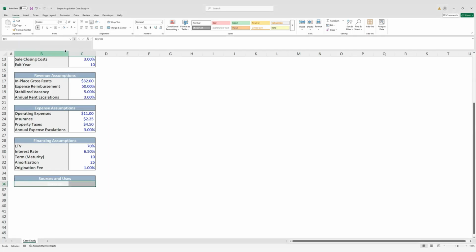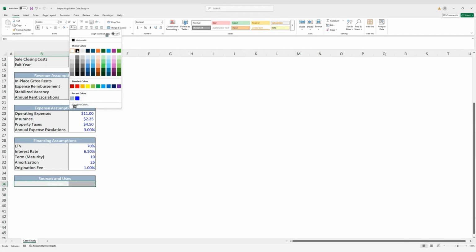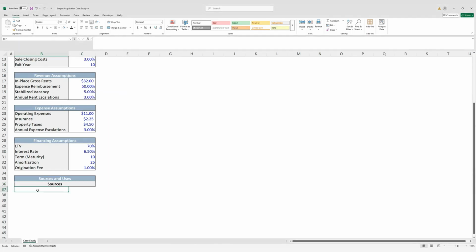We'll select these two cells and Alt-HH to make this gray, and then Alt-HFC to change the font color to black, so we have that. And our sources in this deal will be nice and simple. We'll have debt, and then we'll have equity. And then we want the total for this, so we'll have a summation line, and we'll call this total sources,